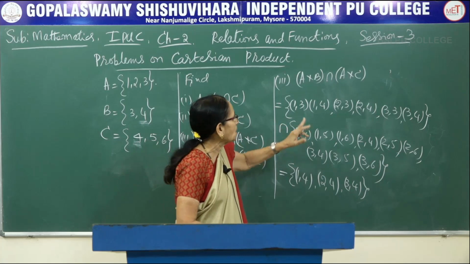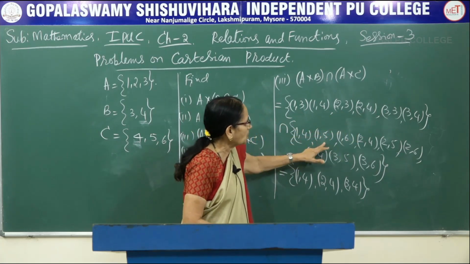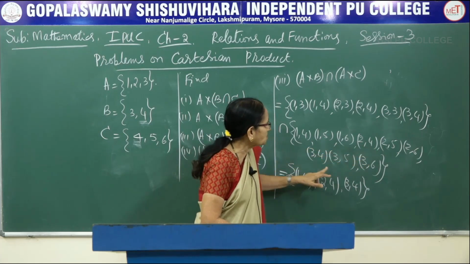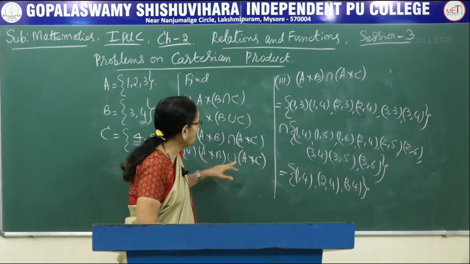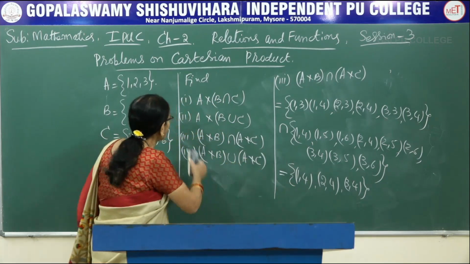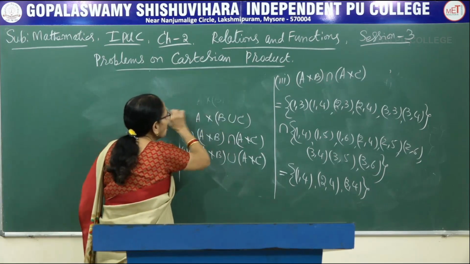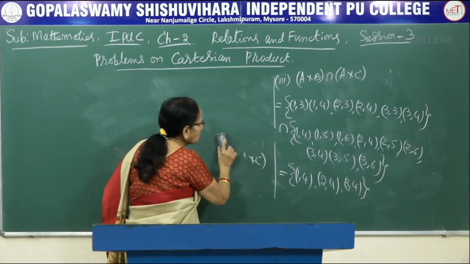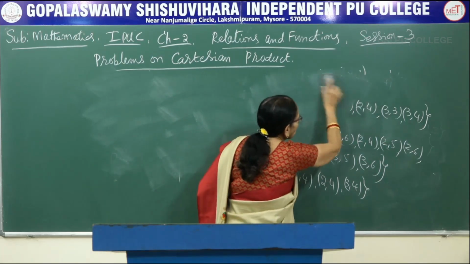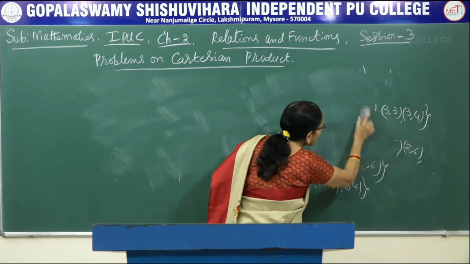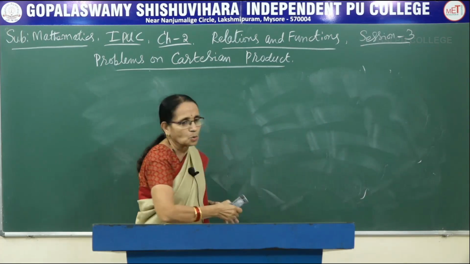You can write them only once. So you can write (1,3), (1,4), (2,3), (2,4), (3,3), (3,4). Then you write (1,5), (1,6), (2,5), (2,6) and (3,5), (3,6). Those would be the elements in the union of these two sets. So I think you can try this yourself. I have given all the data. The last one, I told you the procedure also. The common elements you write only once, then you write the remaining elements. That gives you the union of the two sets.